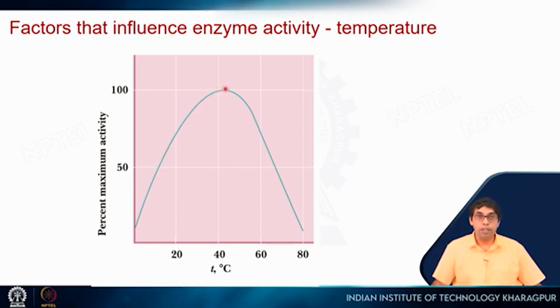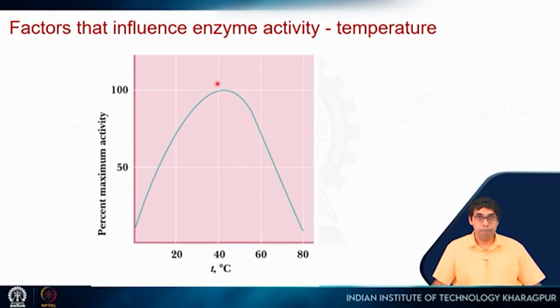However, after a certain point, the activity decreases, and this is because when you increase the temperature beyond a certain point, the enzyme becomes unstable and it can start denaturing or unfolding, and that means that the active site will lose its characteristic, and of course, it will not be able to catalyze the reaction. So, of course, there will be an optimal temperature. For most enzymes in our body, the optimal temperature is around 40 degrees centigrade, because our body temperature is